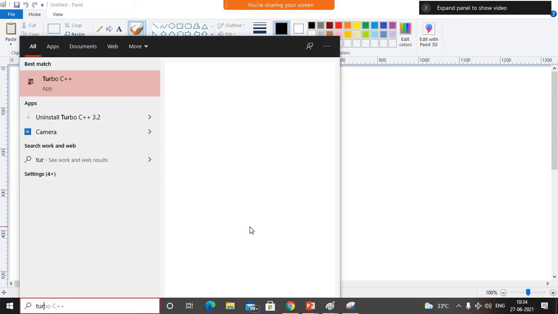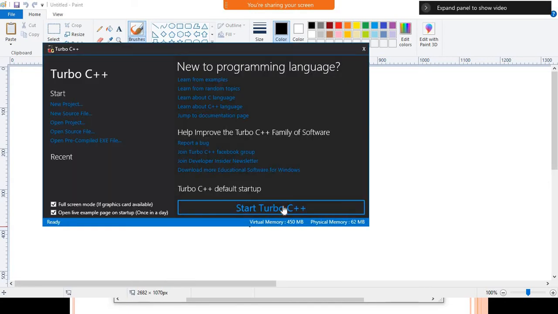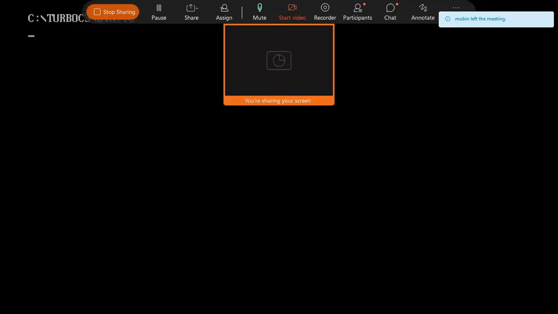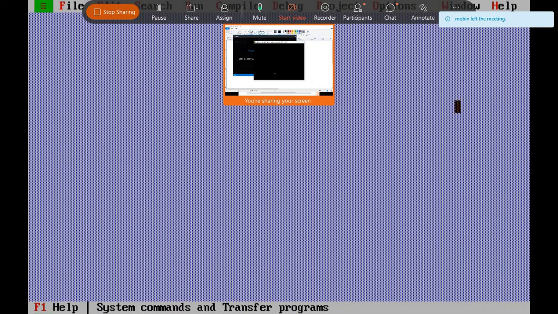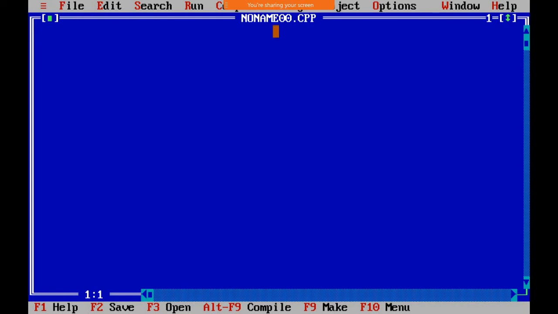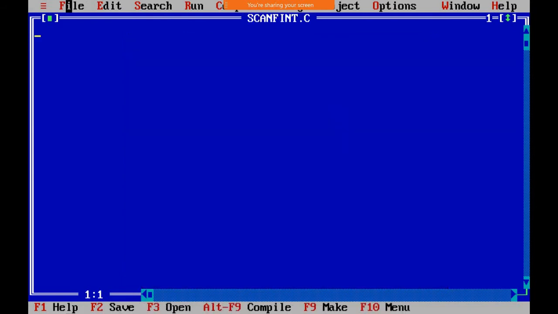For that we require Turbo C. First, in the File menu, we need to save the file.